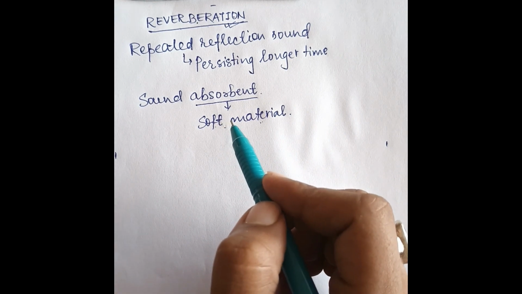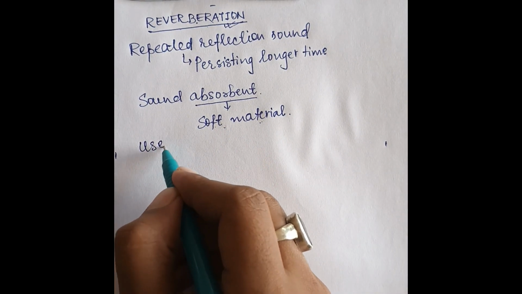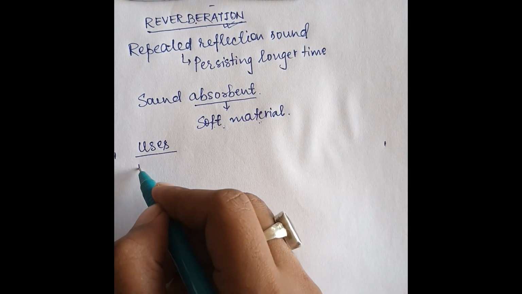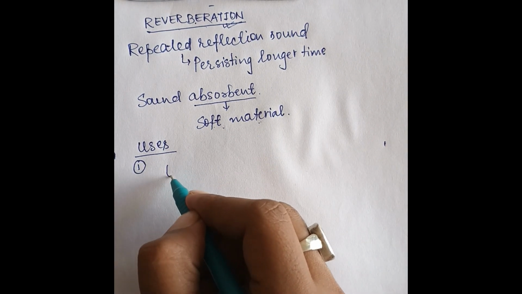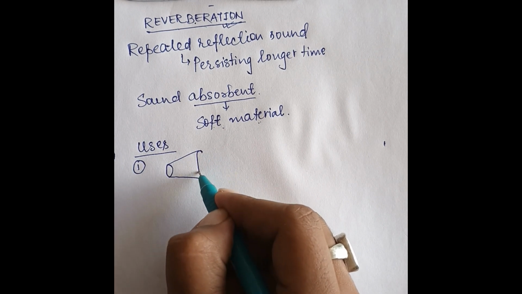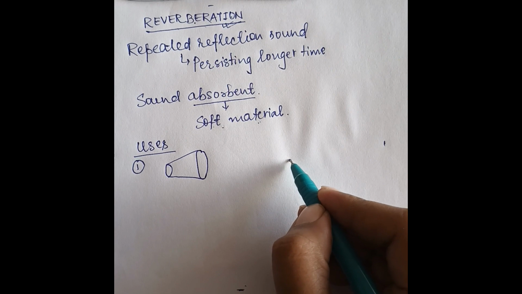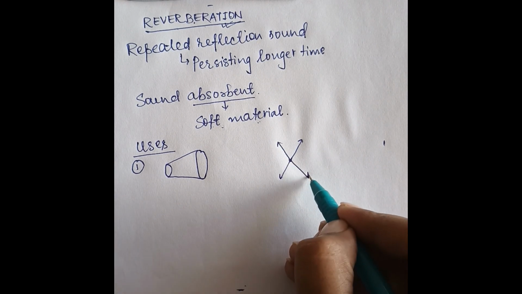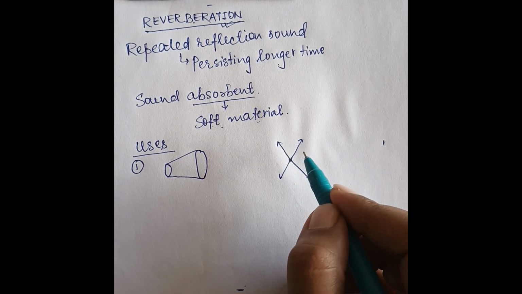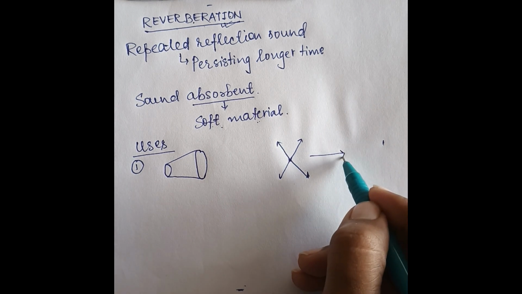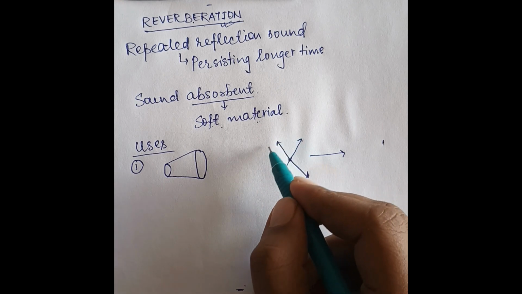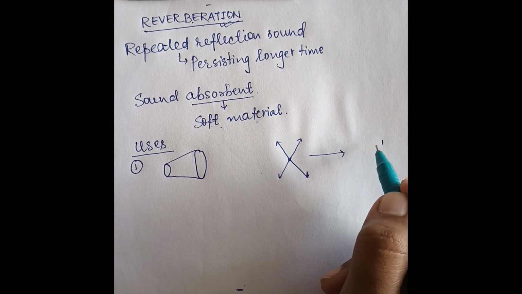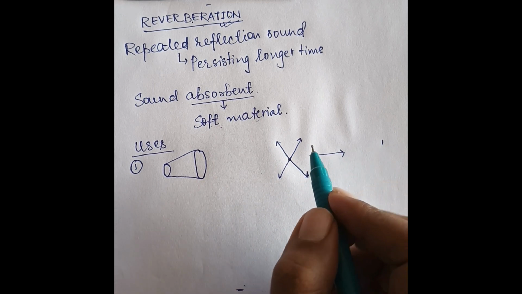Students, with this, we can use the reflection phenomenon in many things. For example, you might have seen the sound horns, the honks or whatever they are called. What happens? Suppose we have a point source from where we are shouting. The sound moves in all directions, and the energy is transmitted in all directions, and that is why the sound is not able to travel a larger distance. To reduce this, what we do is